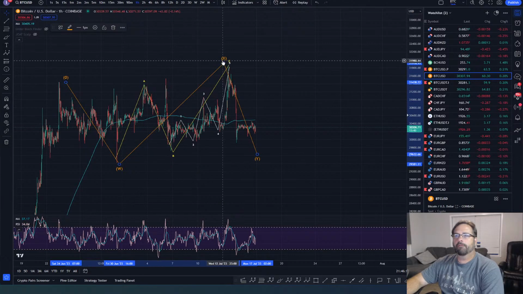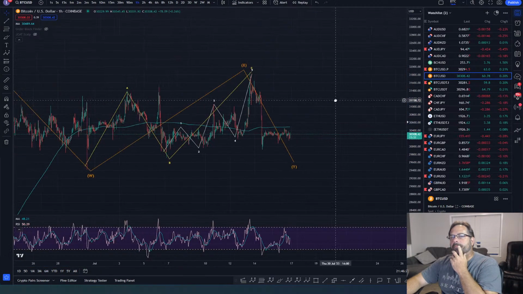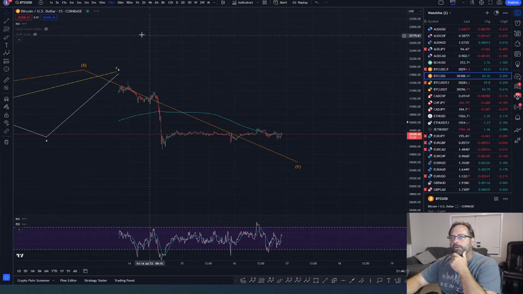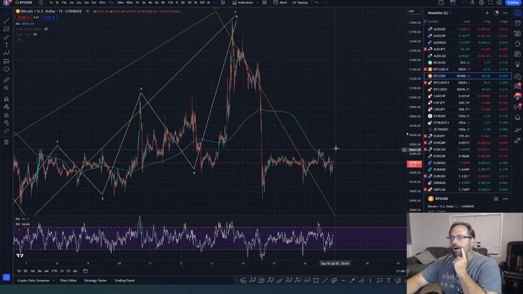That count works very, very nicely. So the question is, do we have 5 in this last wave? Or is that 3 and that's done? Let's work on this last wave. Let's do some work on this last wave here, because this has taken an awful long time.